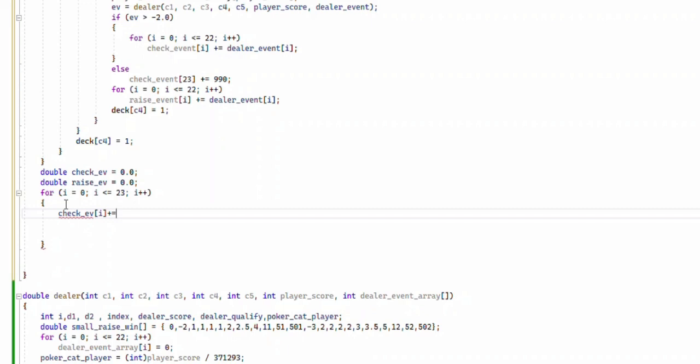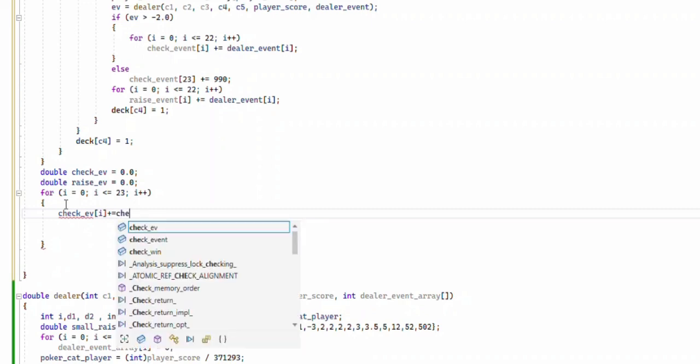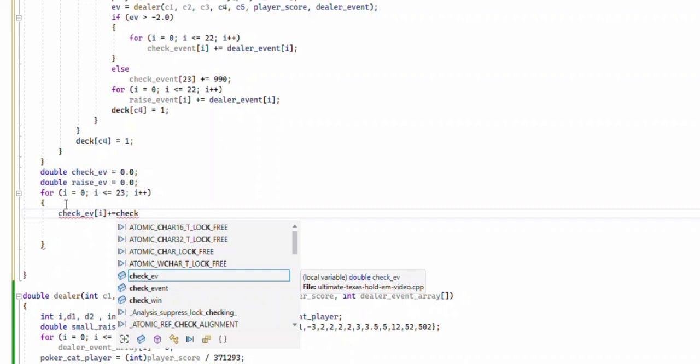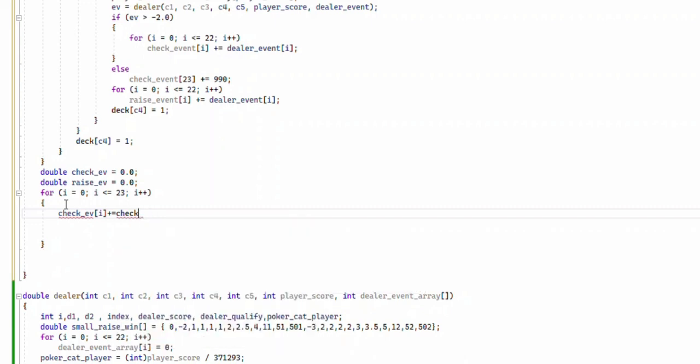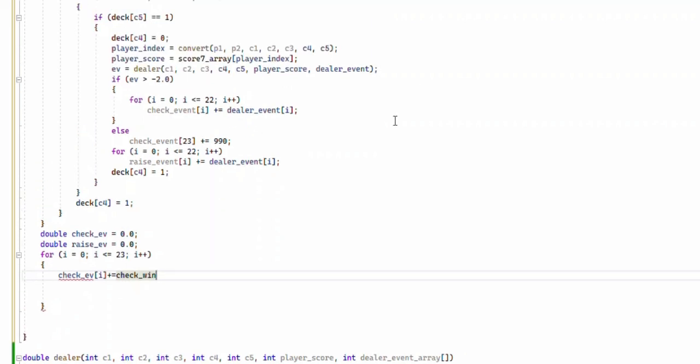So let's add to the check expected value the value that we have in the check event array,